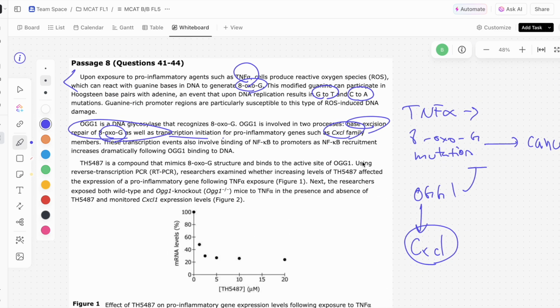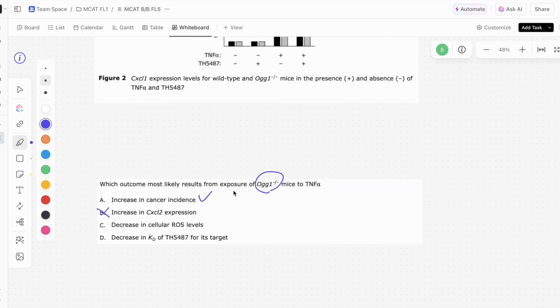Well, let's look over here. When we have TNF alpha, we are going to increase this reactive oxygen species, and OGG1 doesn't really do anything to stop that. And on top of that, we don't really have OGG1 anyways in the first place. So if we increase TNF alpha, remember it says it produces or causes the cell to produce reactive oxygen species. So if we expose these cells or these mice to TNF alpha, we're actually going to have an increase in